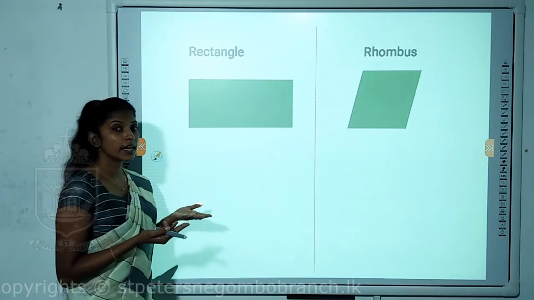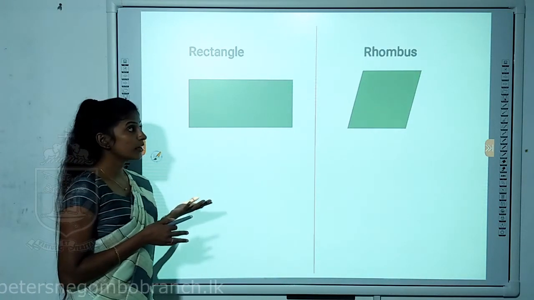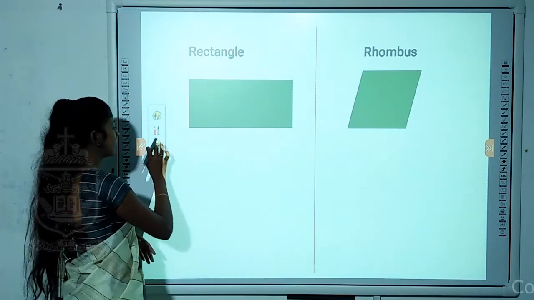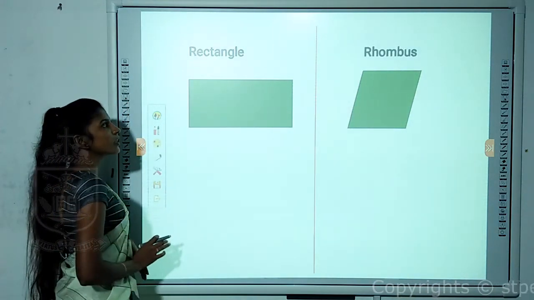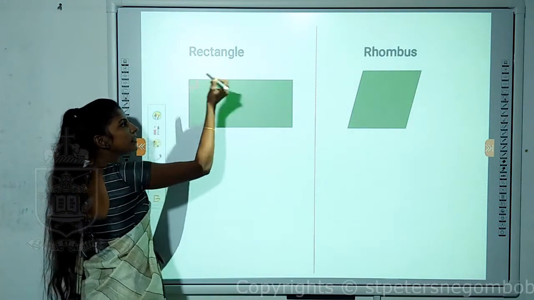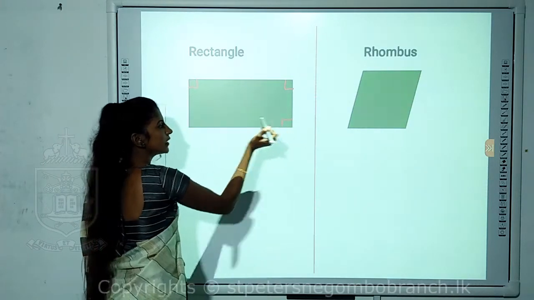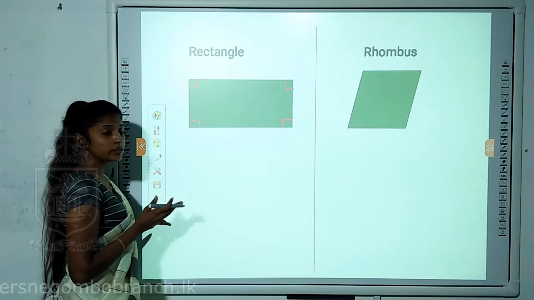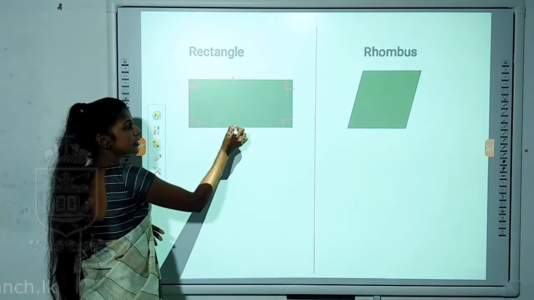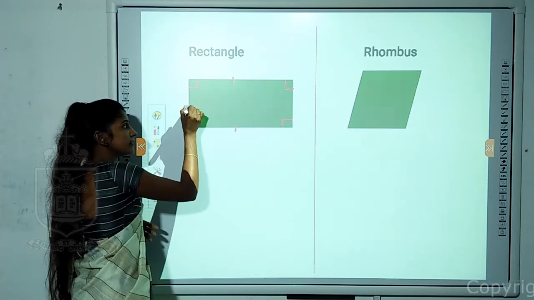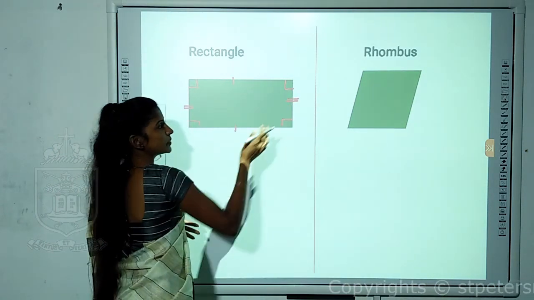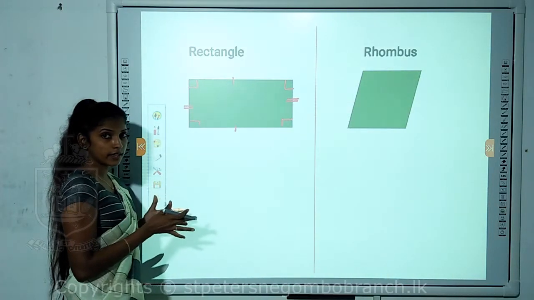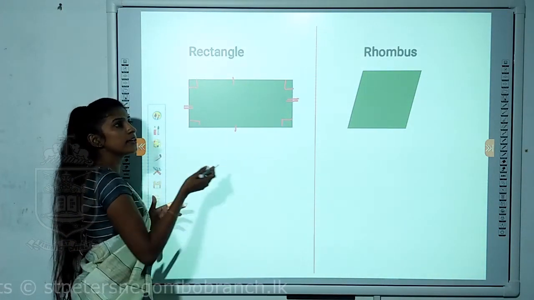Why? Opposite sides are equal. And all angles are equal. But opposite sides are equal to each other. Now look at this polygon here. You all can see all angles are 90. All angles are 90 is a rectangle. But can we consider all sides as equal? No. This side is equal to this side, while this side is equal to the opposite side. So we call opposite sides are equal to each other. Not all sides are equal, but all angles are equal.